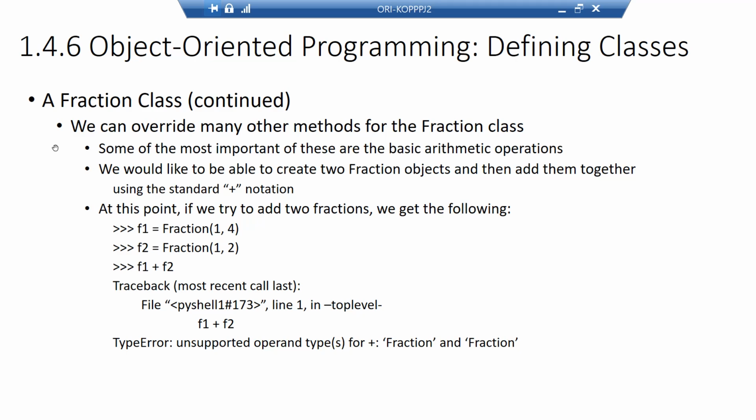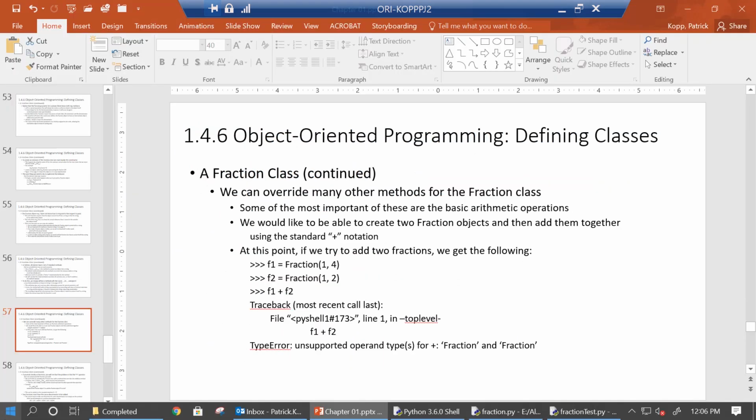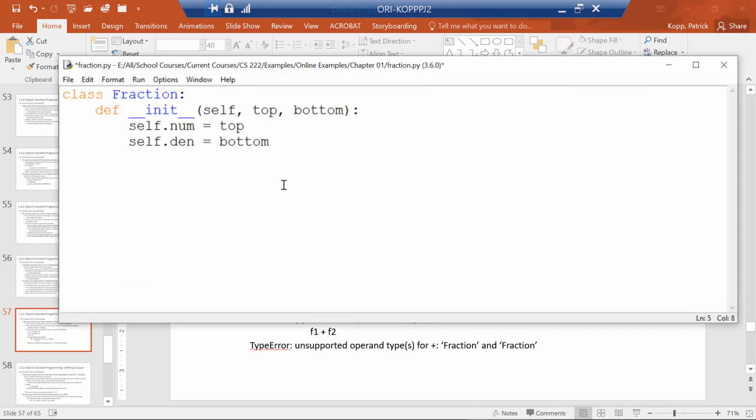So let's go back into our fraction class here. And we're going to create our __str__ method. It's underline, underline, str, underline, underline. What we want to do in here is return, and I want to make sure I get this right. There we go, okay. So I want to return str of